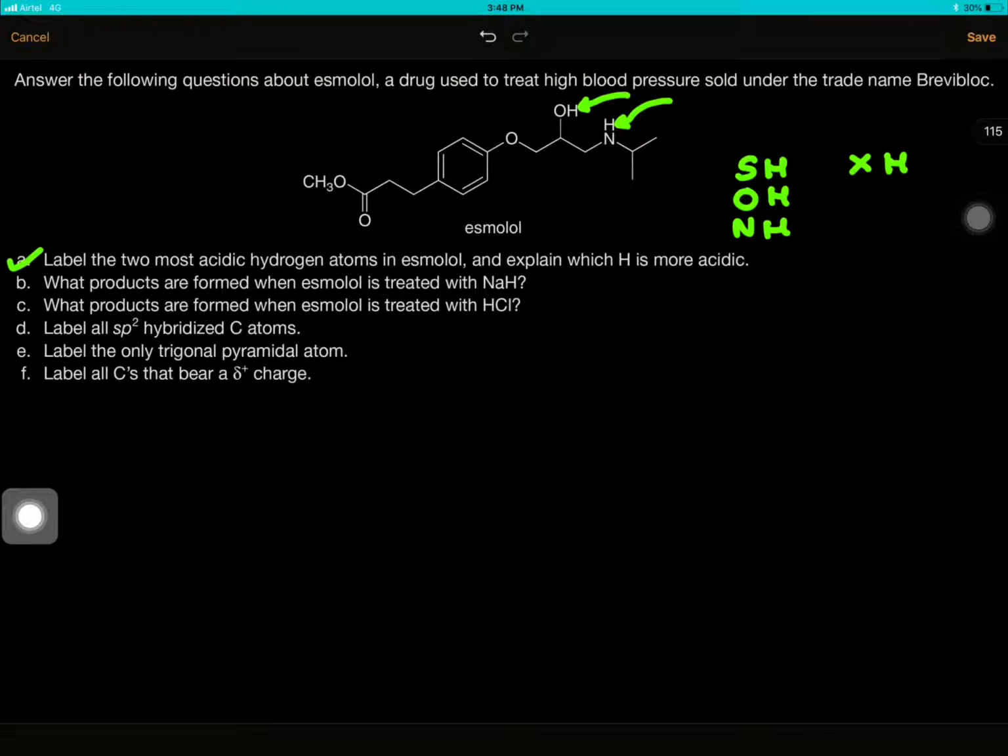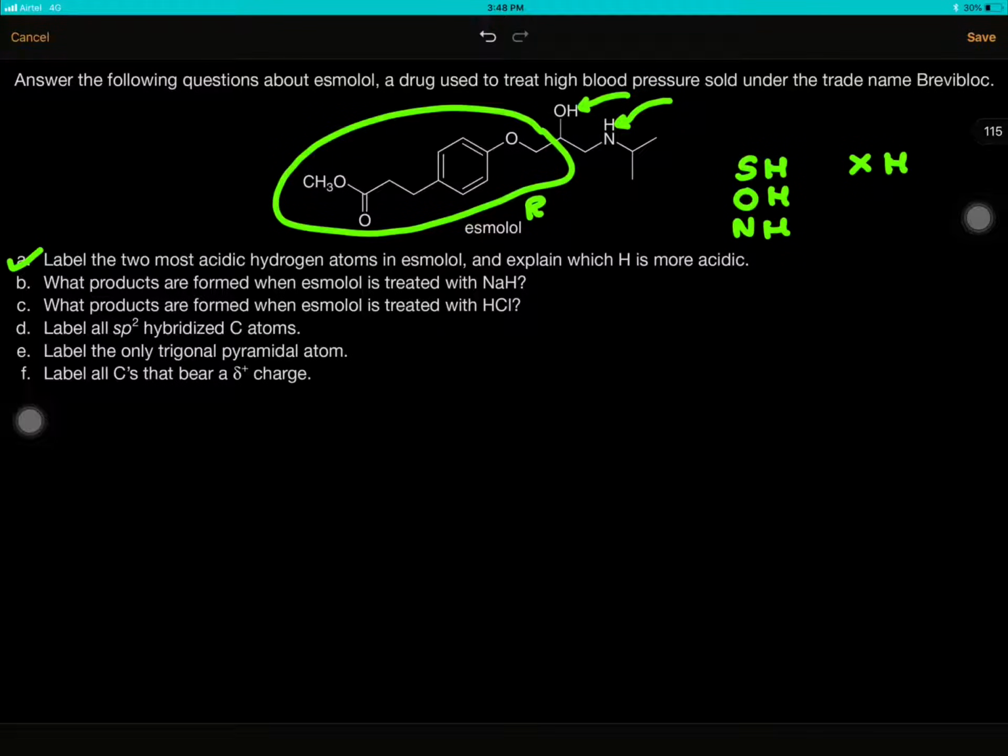Now let's see the next question. What products are formed when esmolol is treated with NaH? So when you treat the esmolol, what will happen? Basically, suppose this whole group is taken as R. Suppose I am taking the whole as R, then it will be R, OH, NH and this. When you treat with this NaH, the sodium hydride